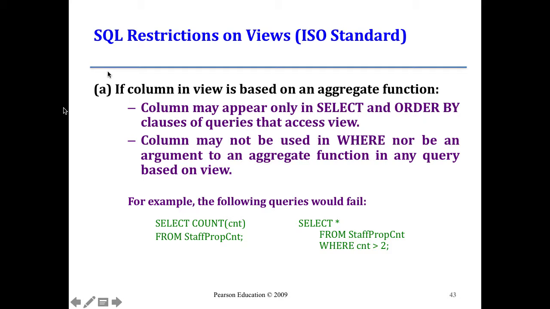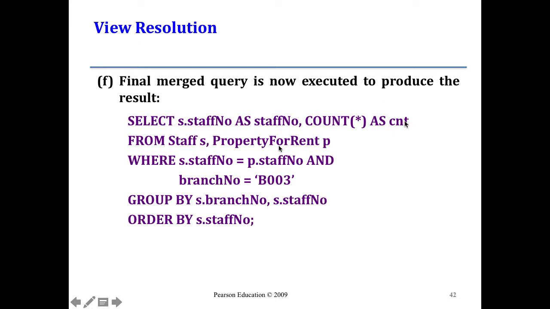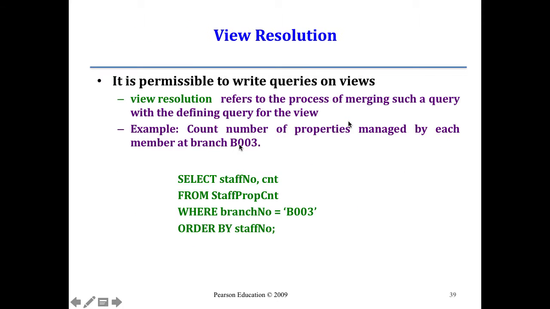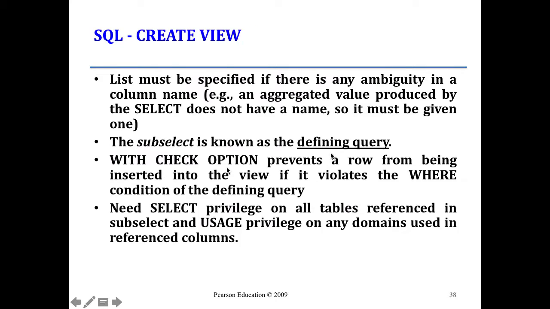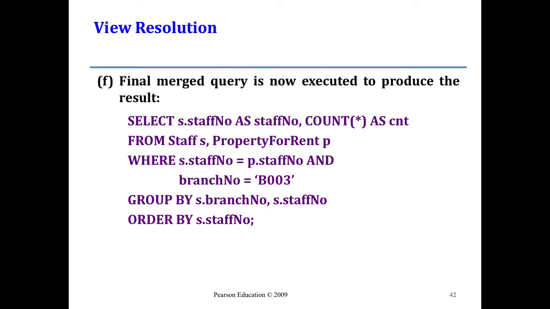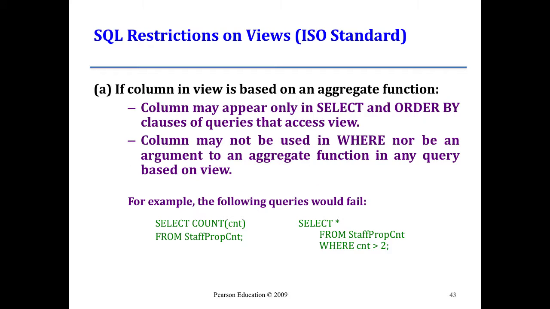So for example, this count field right here is an aggregate or aggregated column. So I can't use that count field in any query that I perform on the view. For example, I can't say select star from staff property count where count is greater than 2 because, well,